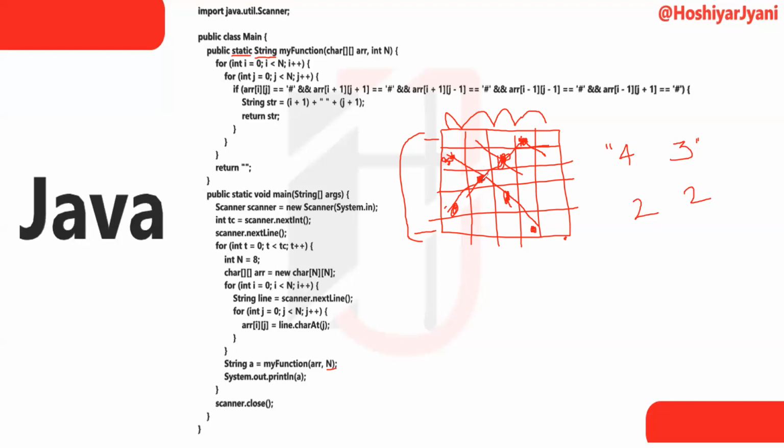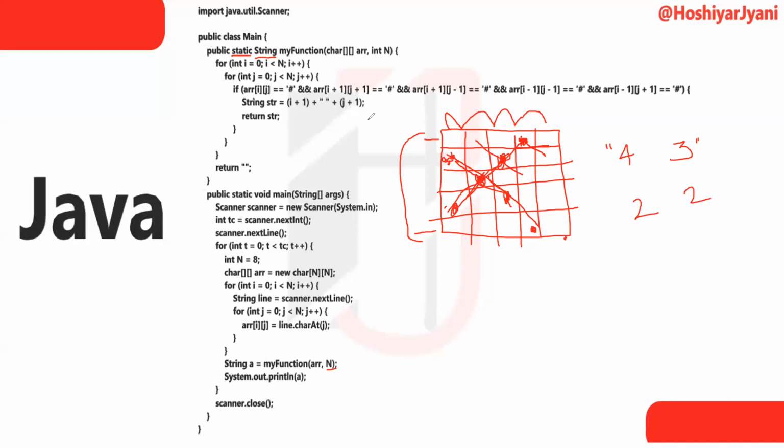Then we check the top right corner for any hash. Yes, definitely there is one hash present in the top right corner. Is there any hash in the top left corner? Yes, there is one present. After that, on the bottom side, there are hashes present on both sides. So we find the position of the intersection. Got it? So I am doing the same in this if condition.